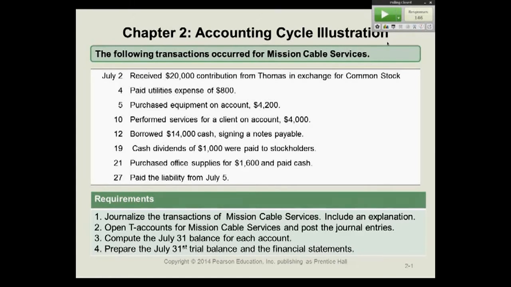This is on the 2nd, July 2nd. He says cash debit 20. Common stock, you do what with that one? Credit. Okay, so his answer is you're going to debit cash, credit common stock, and then you would post that